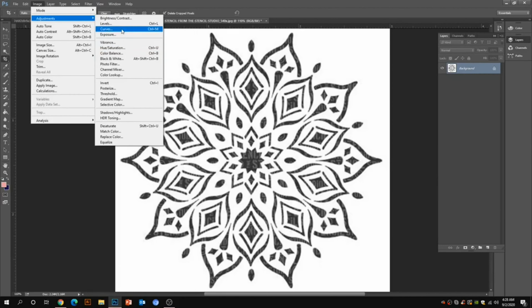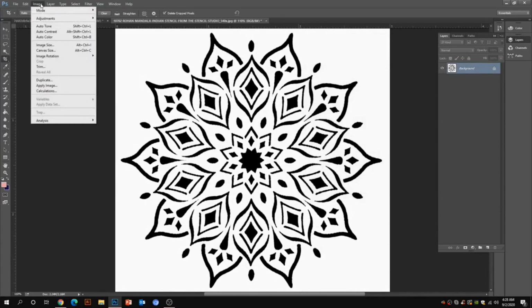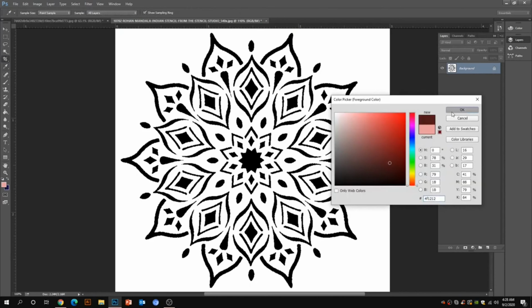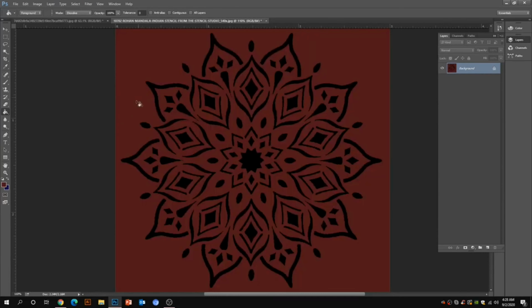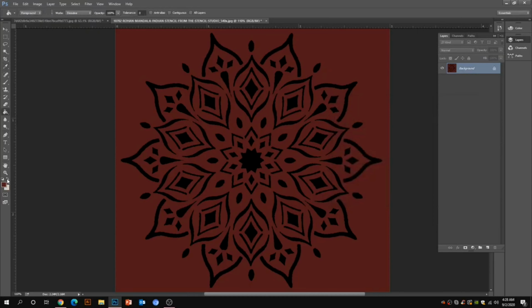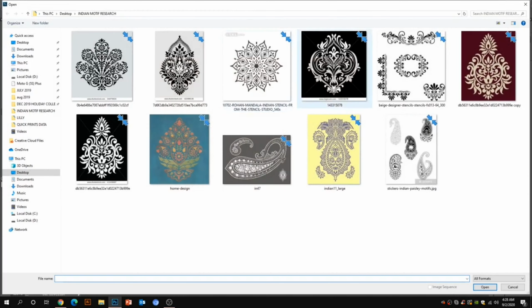Going again in the curve section, where I'm putting curves according to the requirement of the image. Whenever I feel that it is going fine, let's stop and OK. And now the next step is convert into threshold. When you give the threshold, the image will automatically convert into a 2 color print. One is background, one is foreground. You can change the colors. I'm just keeping maroon, and the black should be beige, or any beige kind of thing would be fine. I'm just filling that color, not using any shortcut command. It's very easy. You can use this motif anywhere.